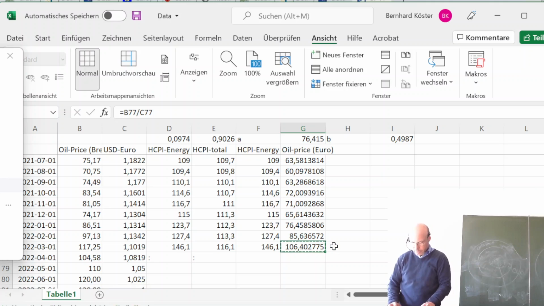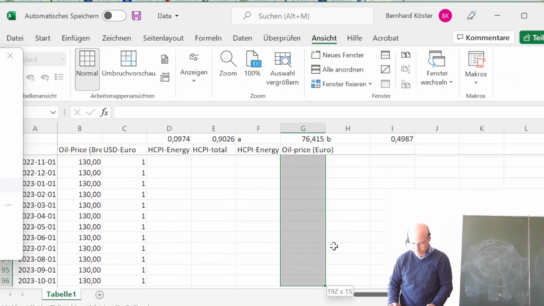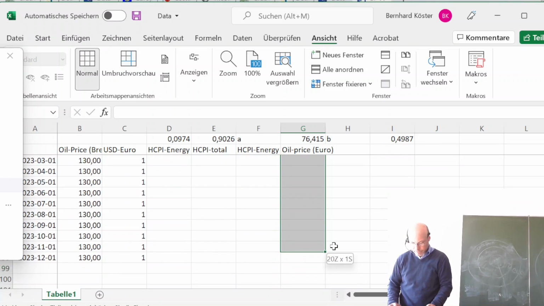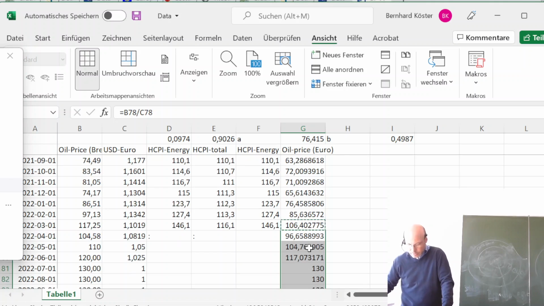So then we are going down here. And for this we have our oil price in euros. And now what we want is,